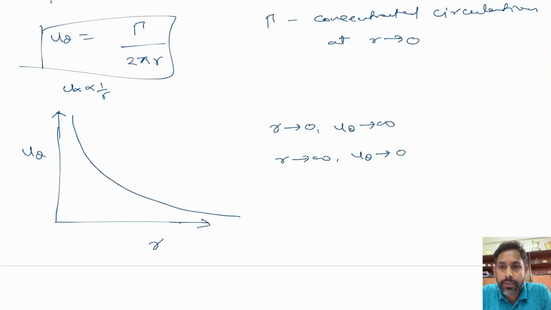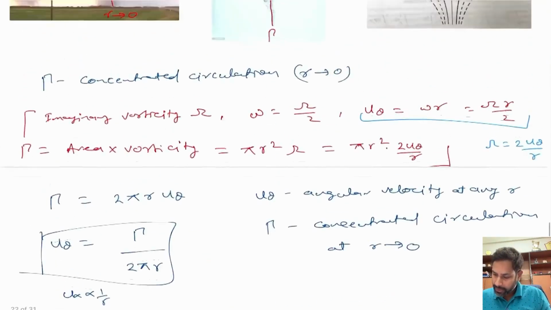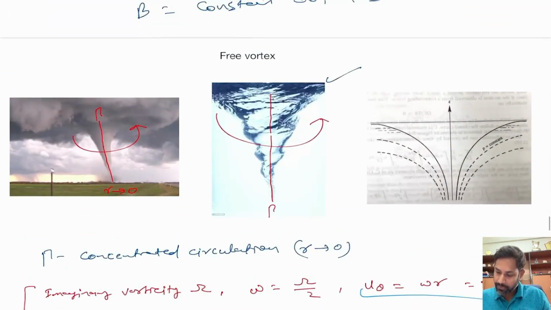So at r equal to 0, you have extremely high angular velocity, and as you go away from the source of circulation, you have very little angular velocity. And you can imagine that from this image that you have here, right? At the center of the circulation, there will be extremely large velocity, and that is something you might have observed